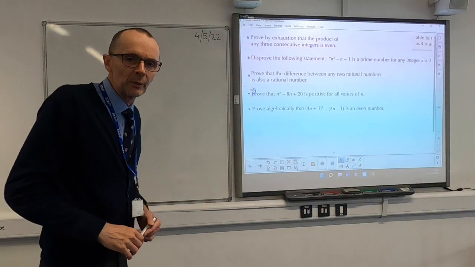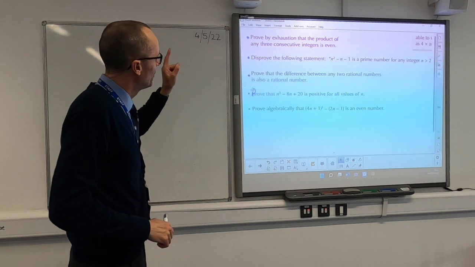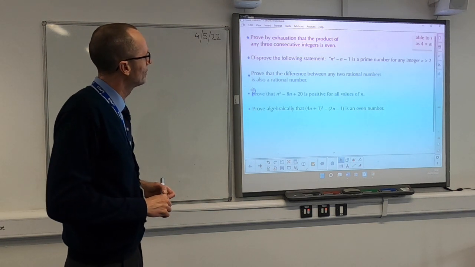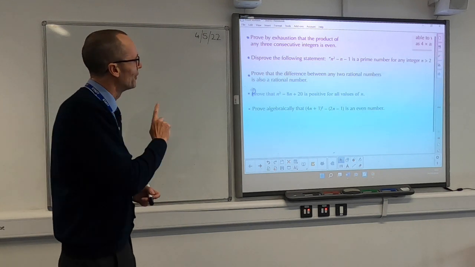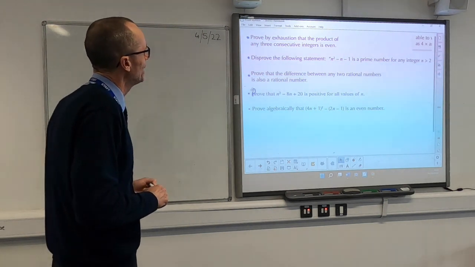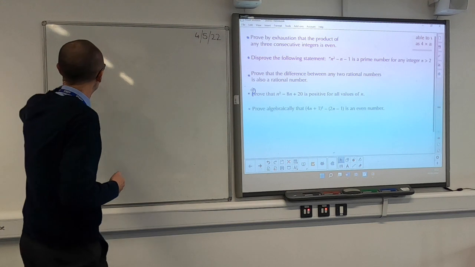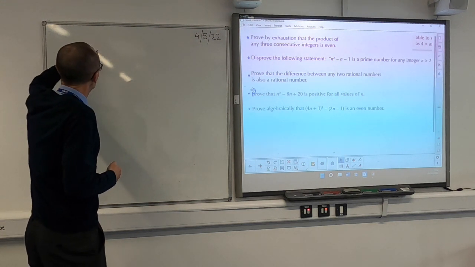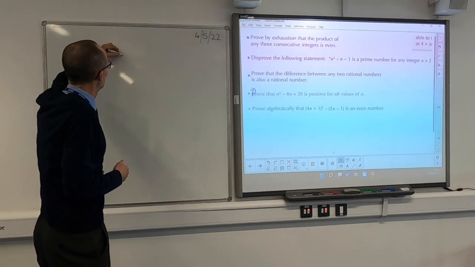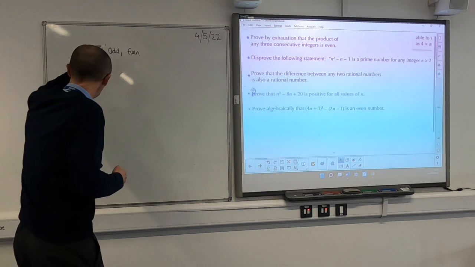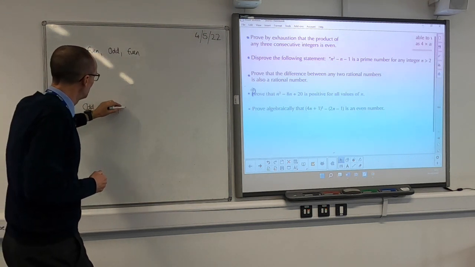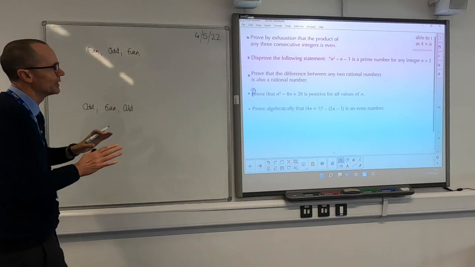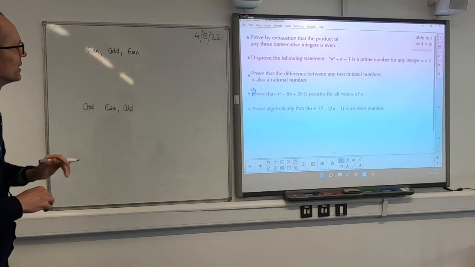Okay, so we're just starting with a bit of Year 1 proof revision. So the first one, I'm talking for the camera now. For the first one, 3 consecutive integers could either be even, odd, and even, or odd, even, odd. There's no other combination, so I'm going to try